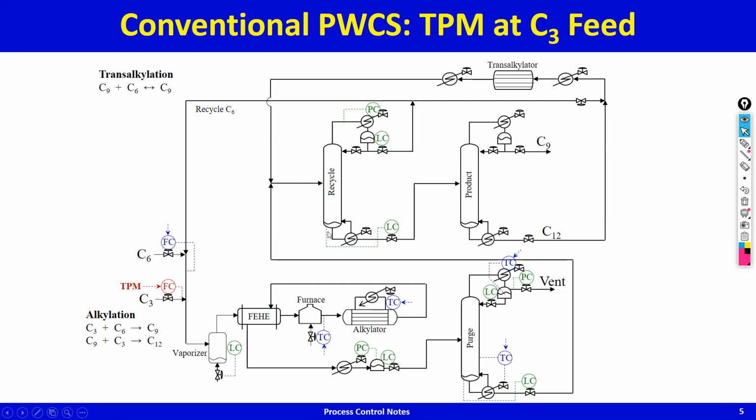Then we go to the recycle column. On the recycle column, you have level controls the usual way, pressure control the usual way. We're going to hold the reflux flow in ratio with the feed to the recycle column, and that will basically give some regulation. It will not allow the impurity in the benzene recycle stream to drift a lot. If the flow to the recycle column goes up, the reflux goes up, and so the impurity level in the recycled benzene stream will remain nearly fixed, not exactly fixed.